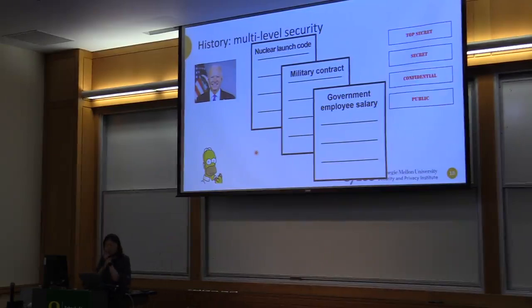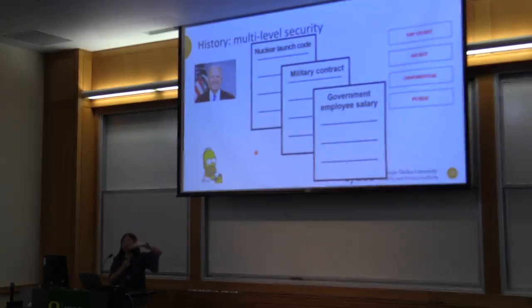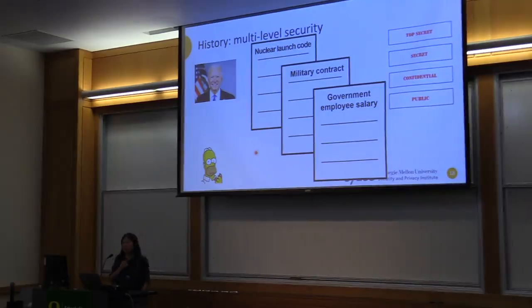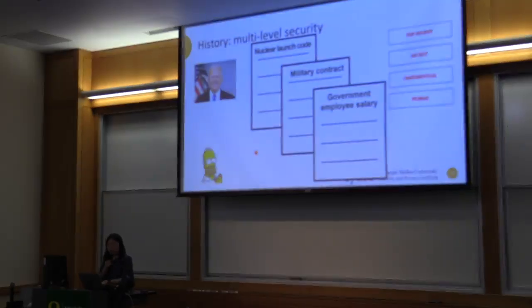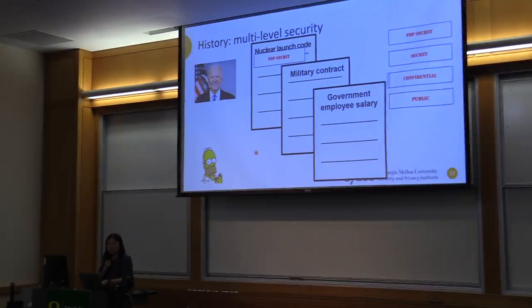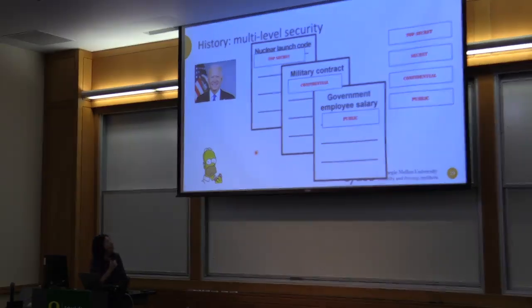Multi-level security is saying that I'm going to have multiple security levels. Here I give 4 levels: public, confidential, secret, top secret. Every level is, we call, higher than the other, meaning it is more secretive than the other. Fewer people are allowed to read files with those labels. So in terms of how to enforce this property, I'm going to give all the files a security label. Let's make the nuclear launch code top secret, the military contract confidential, and the government employee document public.